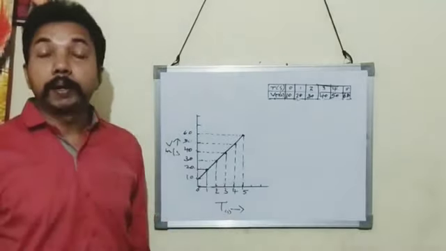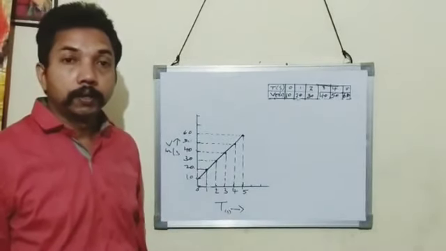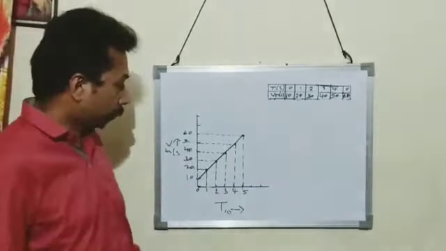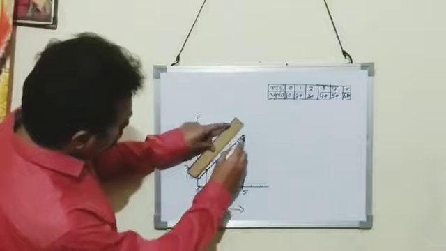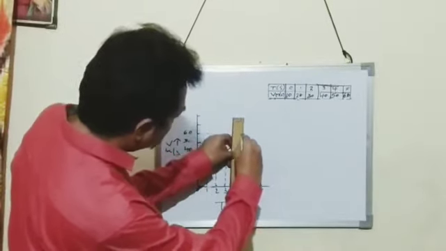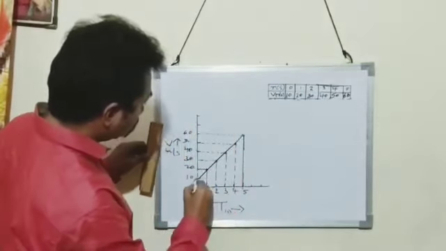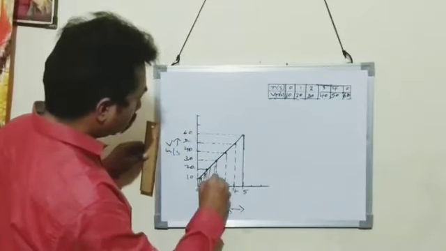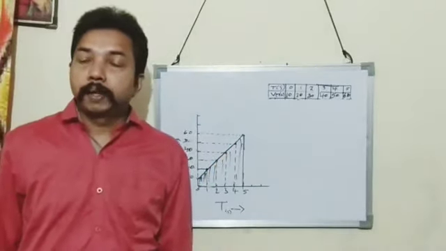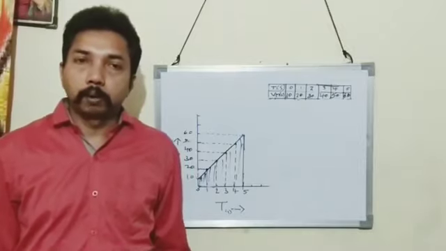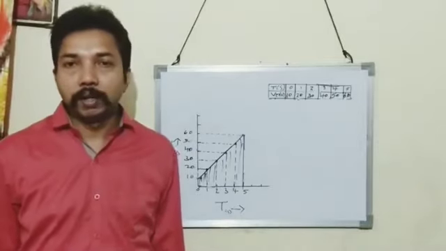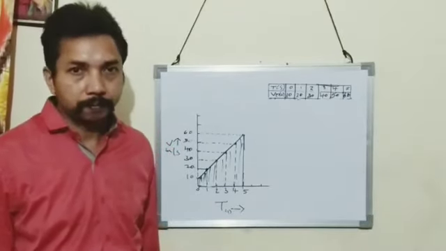And from the velocity time graph, if you have to find the displacement, then you have to find the area between the graph and the x-axis. In this case, this figure is a trapezium. You have to find the area of this trapezium. The area of a trapezium can be calculated by the formula 1/2 into sum of parallel sides into height. Then you will get the displacement.